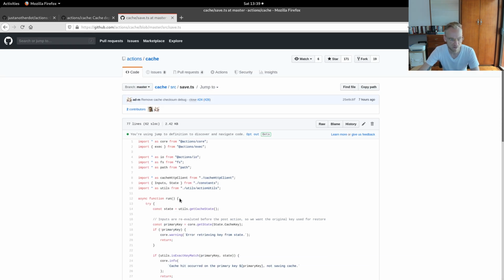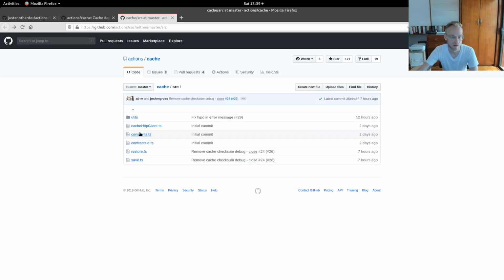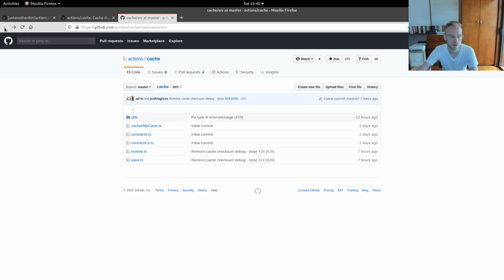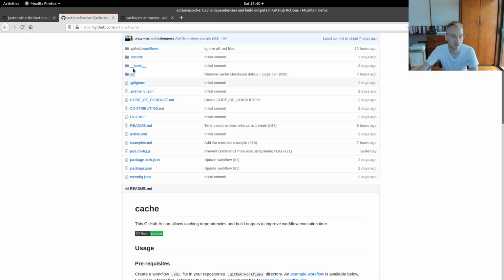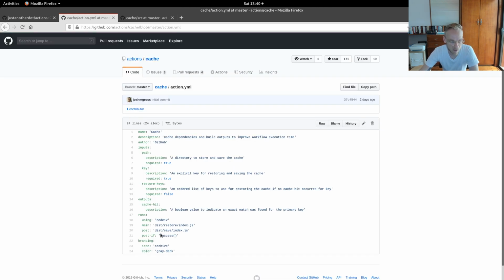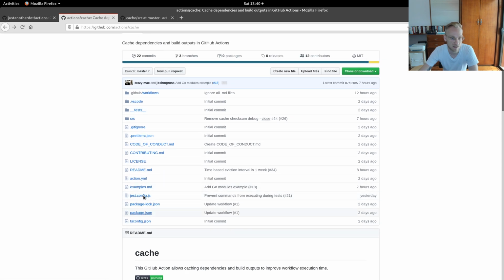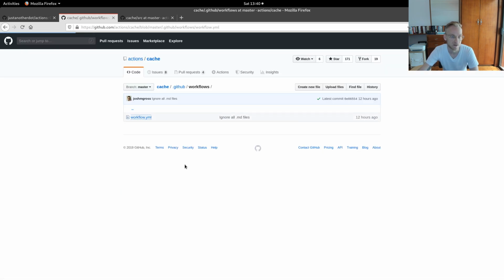So there is this save function. Action utils, contracts, constants, VS Code, workflows, tests, prettier, git ignore, examples. So is there an output? Let's see, what is it running as its entry point? Dist restore. So where's dist? Dist is not VCS. Right? It's not put in VC, so there's got to be